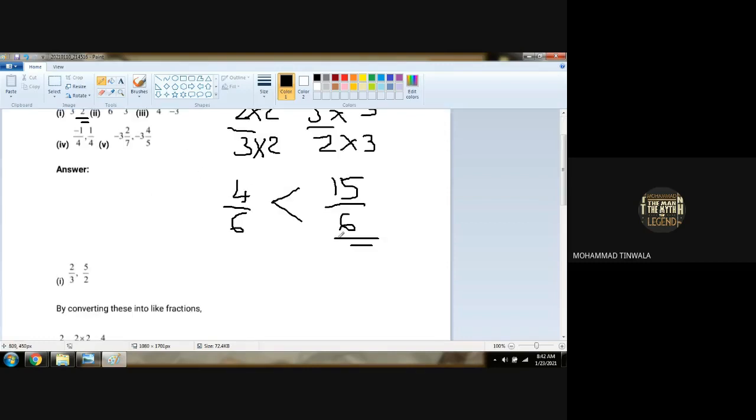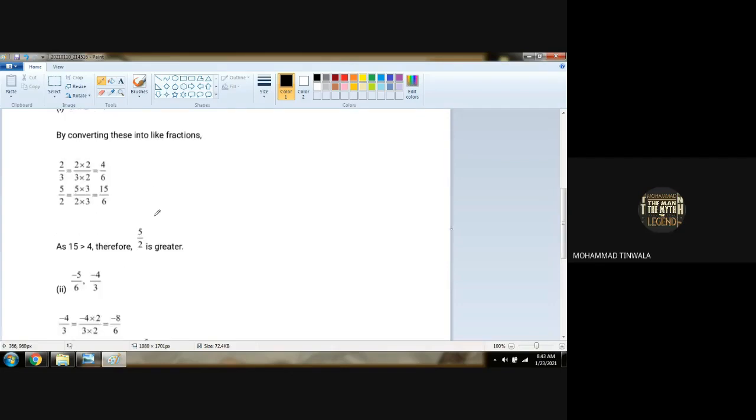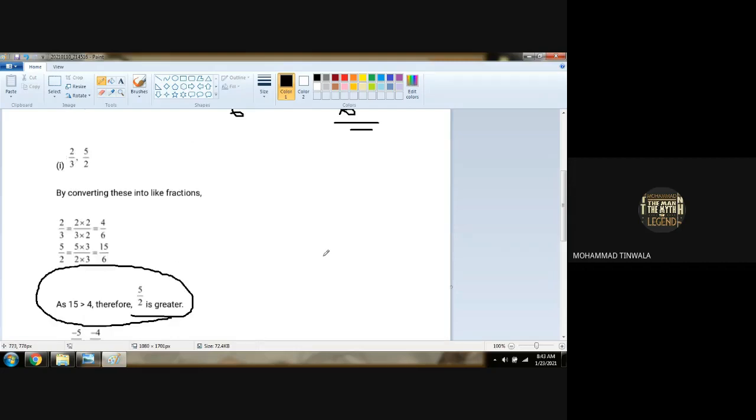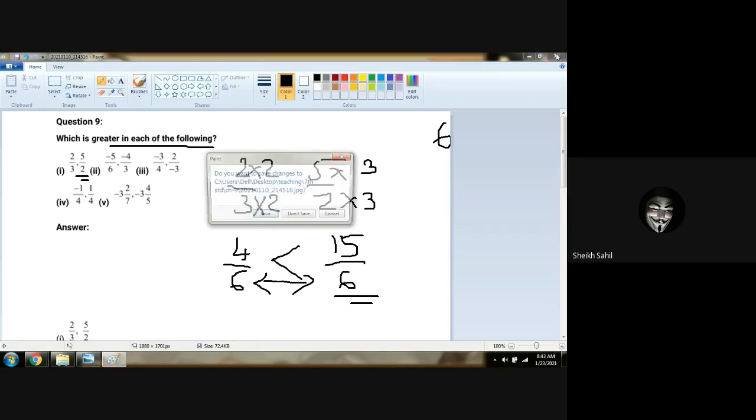Any doubt with this? No doubt, sir. See, tell me if I have written anything wrong. Like fractions have to be converted. When do like fractions happen? When we take the LCM, then the denominator becomes the same. Is that clear? So you can do all the sums, right?